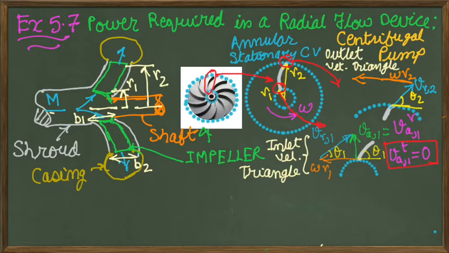Other than these two velocities, this is the relative velocity. This is the angular velocity of the impeller. So using these two velocities, we'll draw the velocity triangle and obtain the absolute velocity of the jet of water coming out from this impeller as VA2. Now this absolute velocity has two components, where while applying the angular momentum equation, our interest is in the tangential component. So I am showing you here this tangential component, which is of major interest while applying the angular momentum analysis.